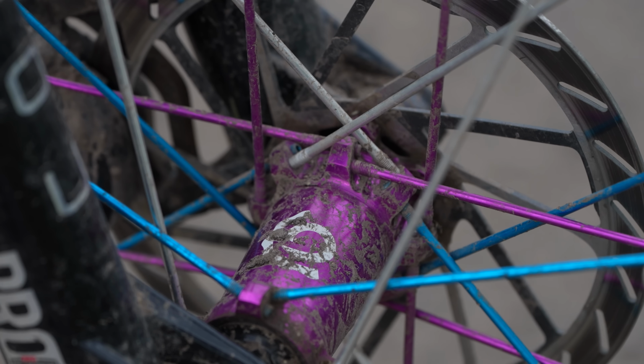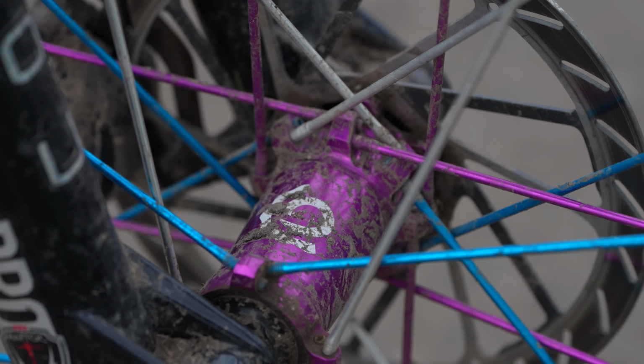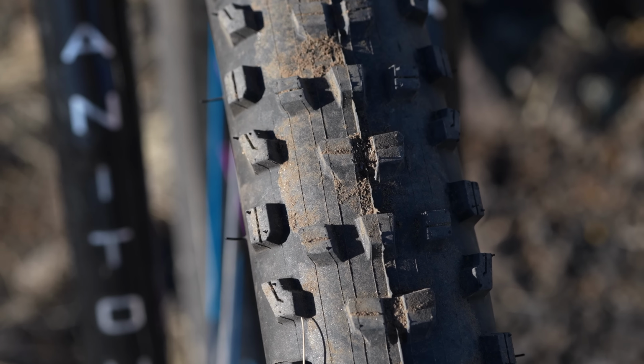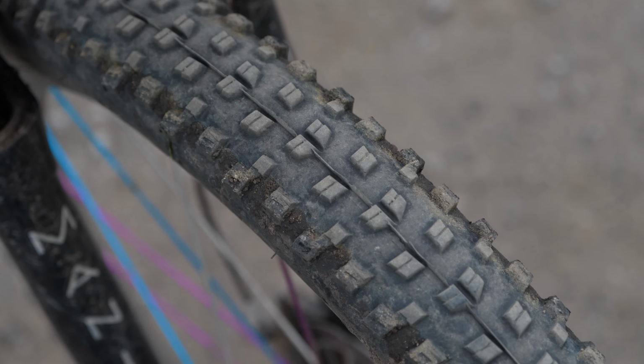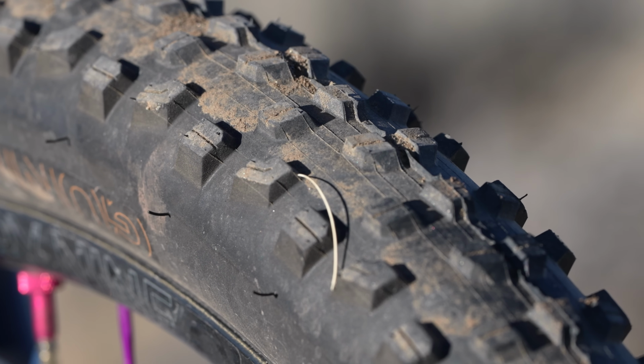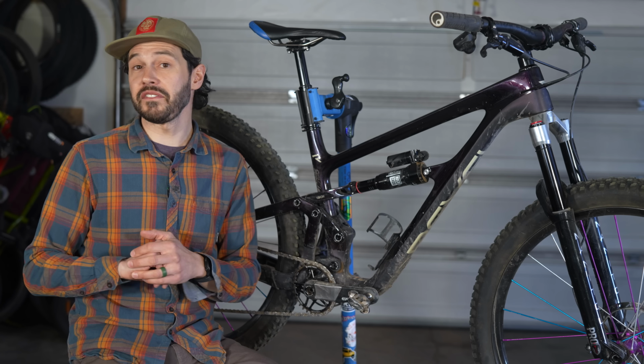And while I tried a few different tires on this bike, the Bontrager Gunnison tires really stood out. They performed so well this year that they ended up making my Editor's Dozen. And rounding out the build, I used a 180 millimeter Wolf Tooth Resolve dropper,